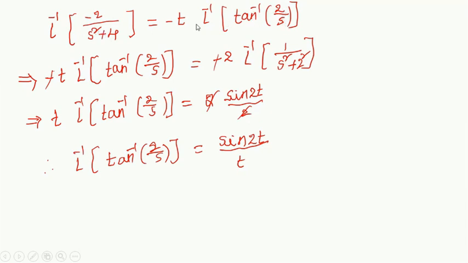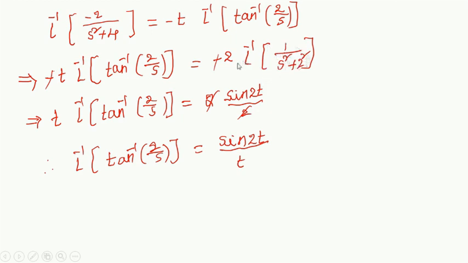Now I can write a is equal to b as b is equal to a. Then minus t into L inverse of tan inverse of 2 by s is equal to, here minus 2 is a constant, keep it outside. L inverse of 1 by s square plus 4 can be written as 2 square. Here minus minus is cancelled. Then you get t into L inverse of tan inverse of 2 by s is equal to 2 into, what is the value of L inverse of 1 by s square plus 2 square?